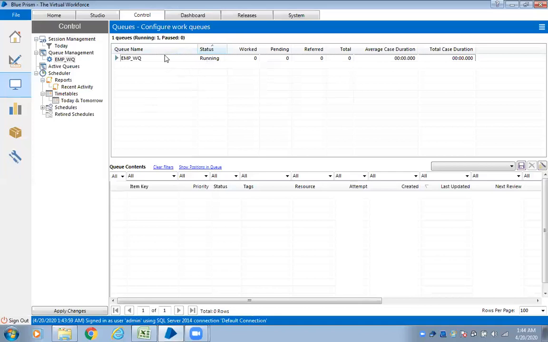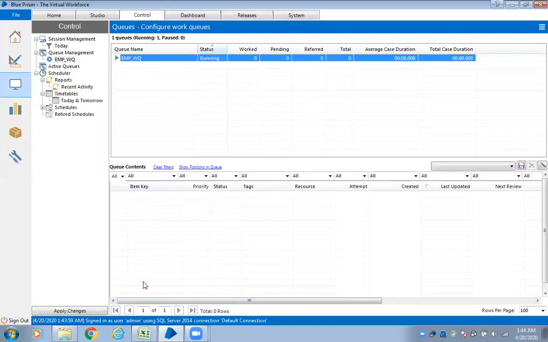Remember this. One more thing, when you come to the work queue here, can you see any data in the work queue content? See this: item key, priority, status, tags, resource, attempts, created, last created, next to you. Nothing was here, right? We don't have anything here.